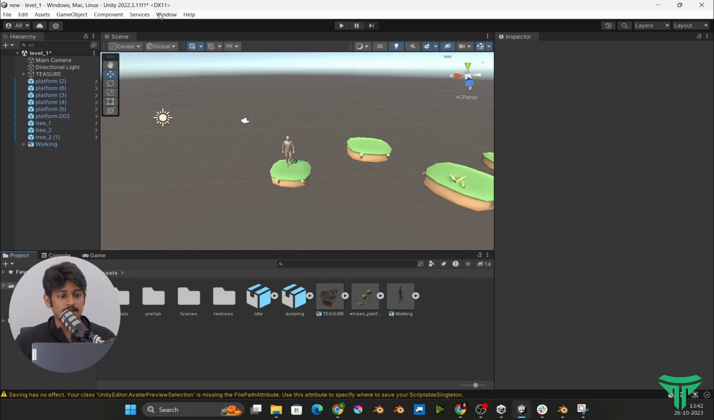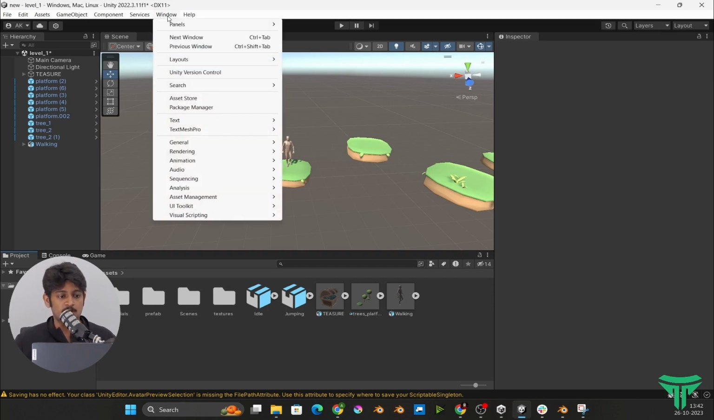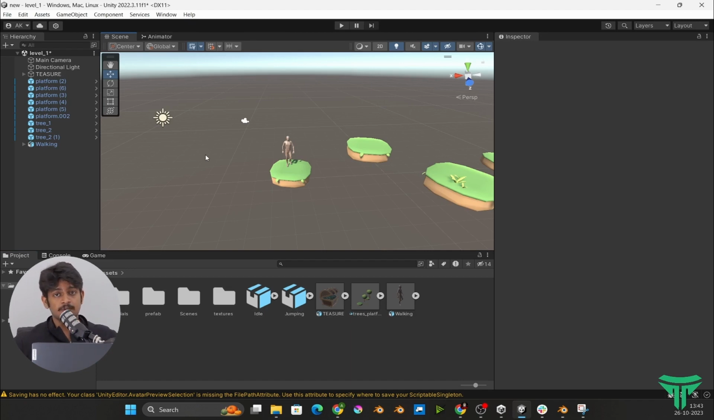Well, that is done in the animation window. So all you need to do is go into Windows, Animation, and you can see there are a few options here. So there is the Animator, and then there is the Animation component. Now we want to select the Animator. Now when it comes to the Animation window, that is for creating animations inside of Unity. So if you want to manually keyframe and animate a certain object, you can do that inside of the Animation